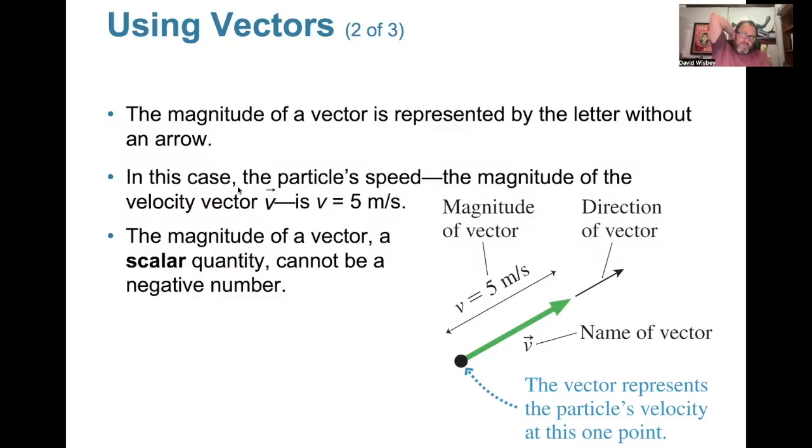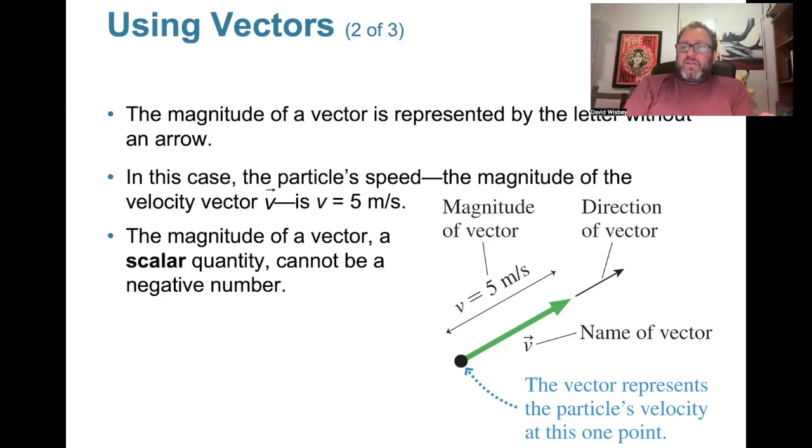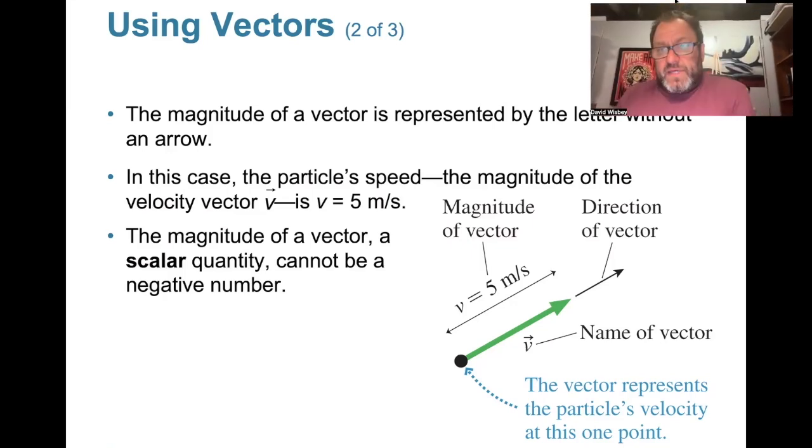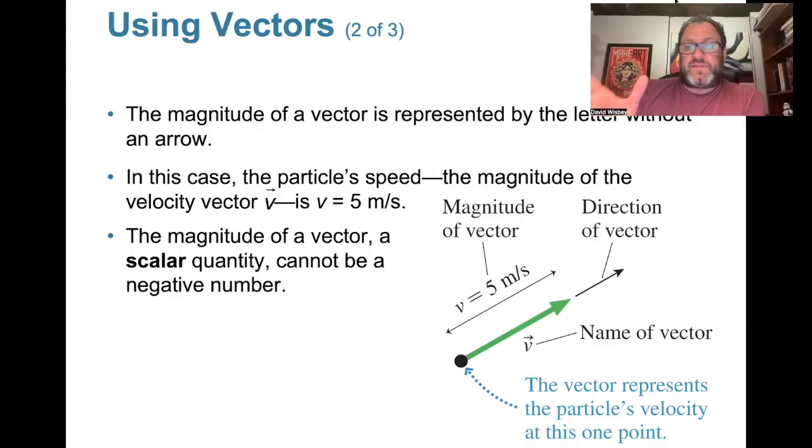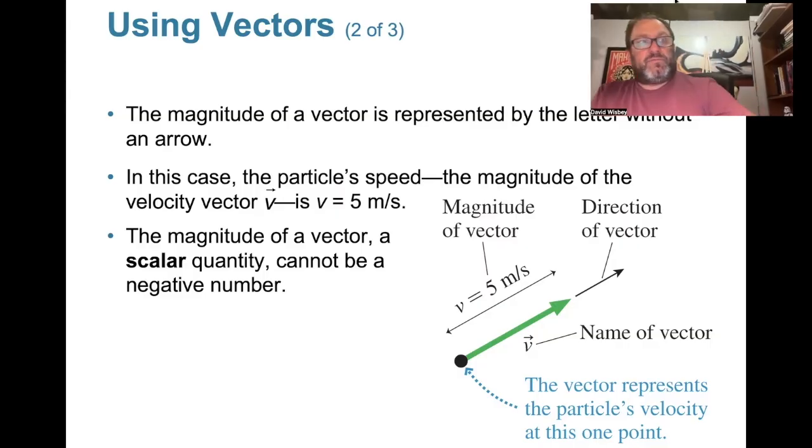Okay. So we've got vectors and scalars. Vectors are always an arrow and a direction. The length of the arrow can't be negative because that's the magnitude of the vector. But if a vector is negative, that means it's pointing in the opposite direction. Somebody put something in the help and they said, how can you have a negative acceleration? What does that mean exactly? Well, mostly it has to do with the direction of the acceleration.